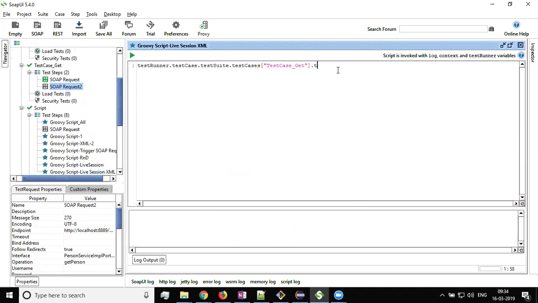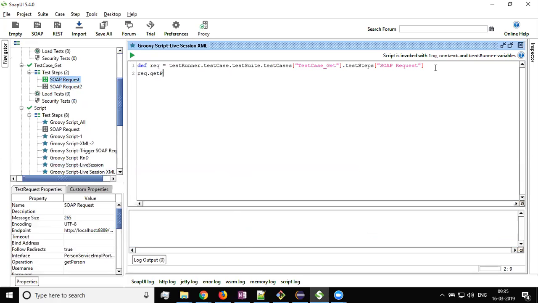So I'll say steps, and in the bracket I have to specify the name of the test step. So let's say in this case it is soap request I'm using, right? Now if it is soap request, I will type SOAP REQUEST. Okay, so I'll set def equal to REQ. So I'm basically currently in this particular test step, right? Soap request. Now from this I can say REQ dot get